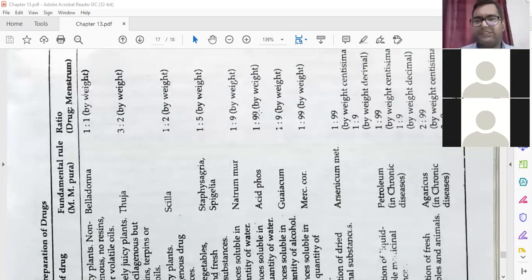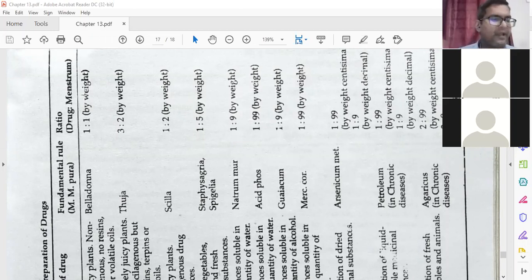What are the two processes? One is trituration, second is succussion. So first we will go through this. This is the summary of the whole chapter. That's why I told you earlier also: first page chart and last page table. This is very much important. At the time of exam, this much only you will study. This much will be enough for this chapter, because you have already studied, you can understand all the things very well when you go through this